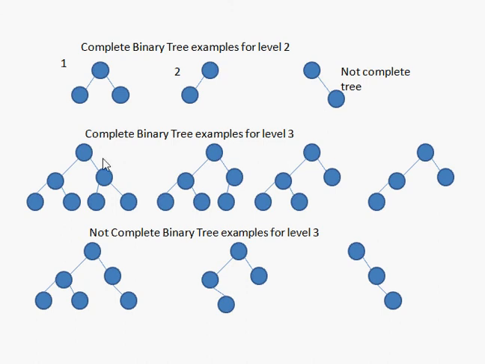If you are moving on to level 3, this is a complete binary tree, and it is a full binary tree. If I want to delete one element, this is the element you have to delete first. Upon deleting that, you get this structure. This again is a complete binary tree. Now again from this you can delete an element. This is a node with only one child, so this left child can be removed now.